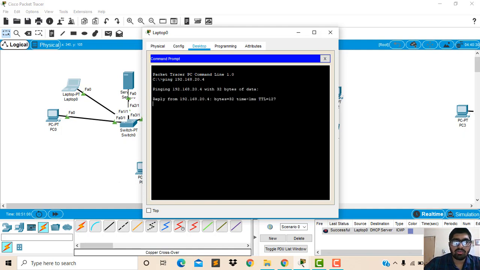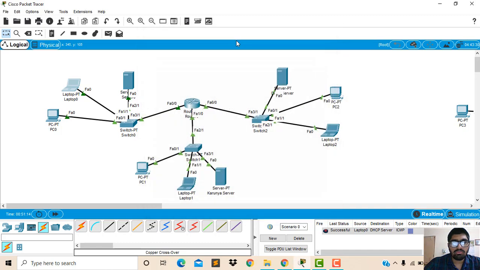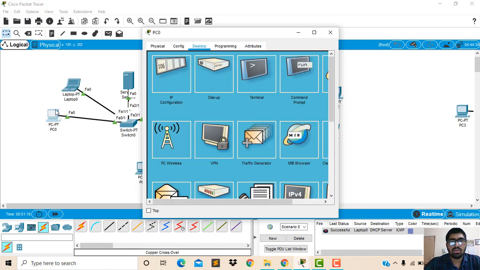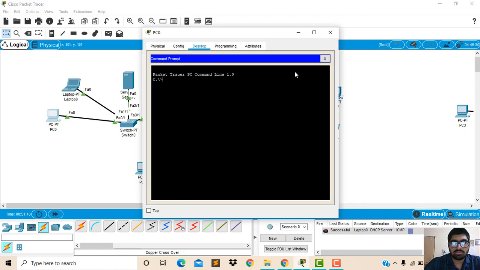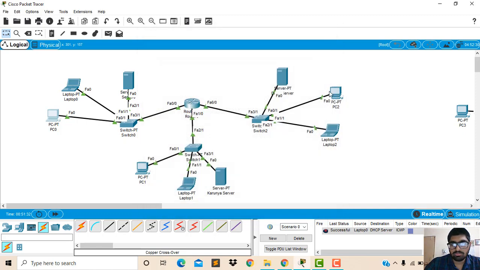Is the information coming from 20.4 of the server? Yes, it is replying from that server. Now we will check from the first PC, ping 192.168.30.1. Yes, we can see the reply from the third PC.